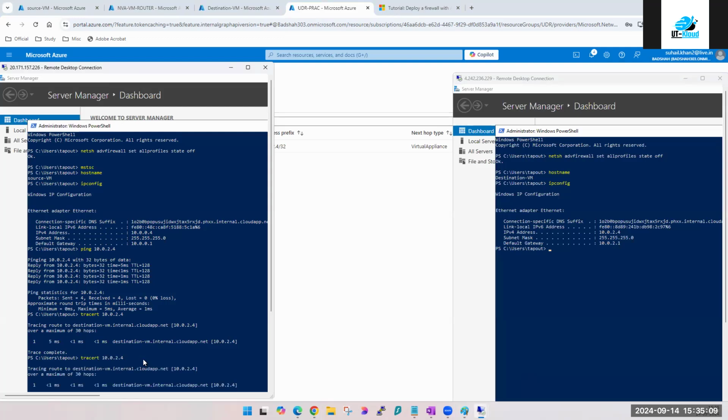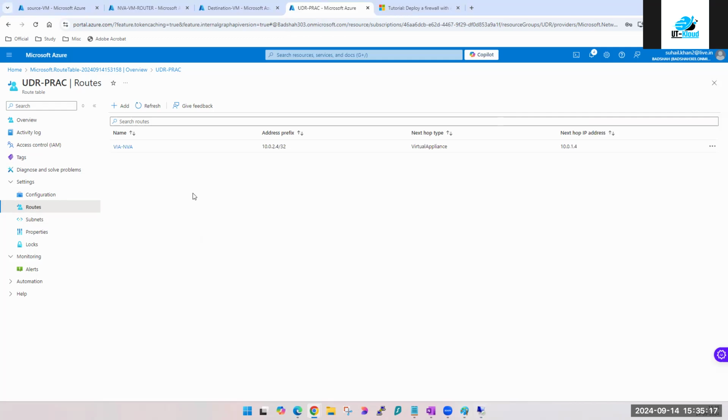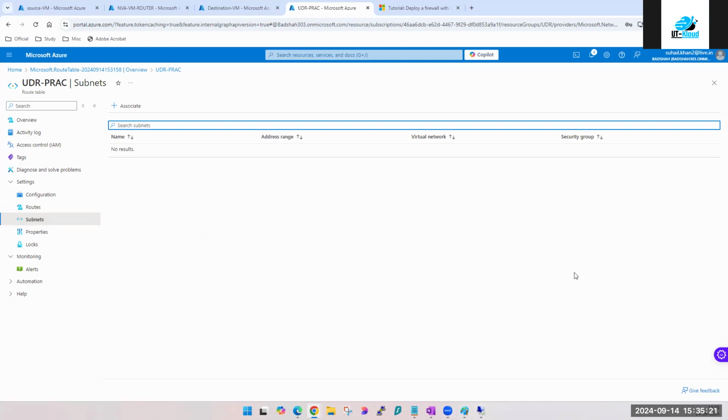No, still not. Why not? Mapping. Yes, mapping. We have created the configuration in isolation. Now this machine doesn't know that there is something called a UDR there. So what I have to do is assign this to some subnet. This is the reason I took 3 different subnets. We could have done it on one subnet as well, but there would be a lot of confusion.